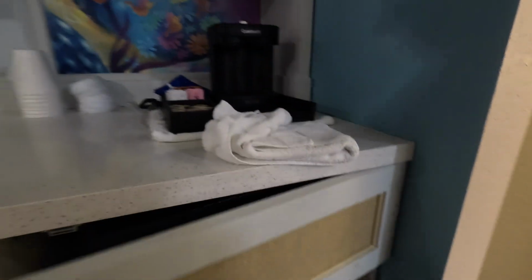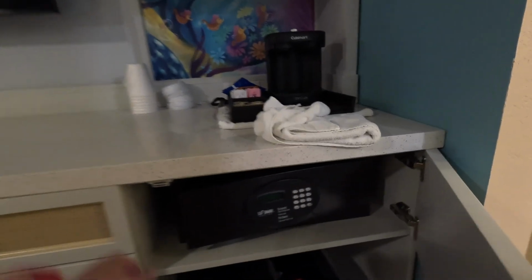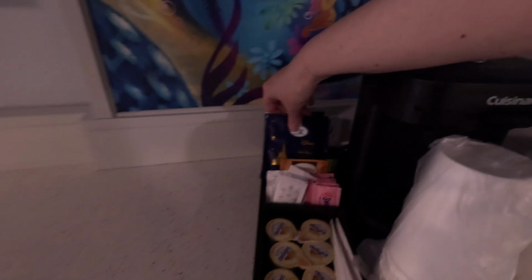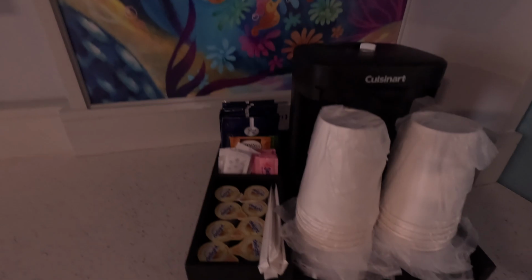Recycled trash, a safe, a good decent sized safe. It was big enough to hold everything that we needed. Look! Joffrey's coffee! With 2 bags though. It's alright, you brought your own. Ice bucket,